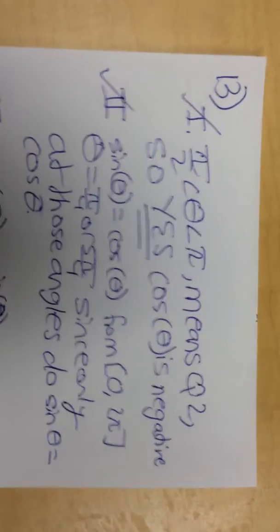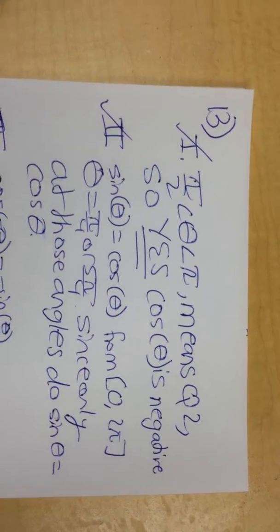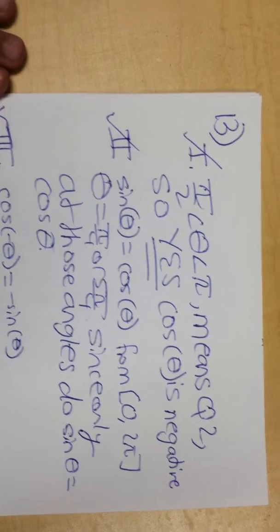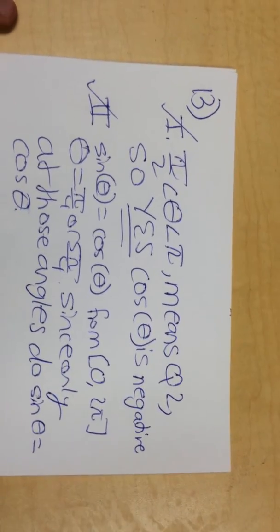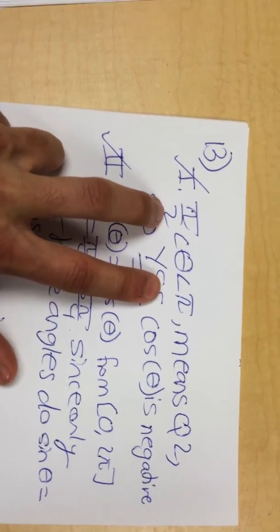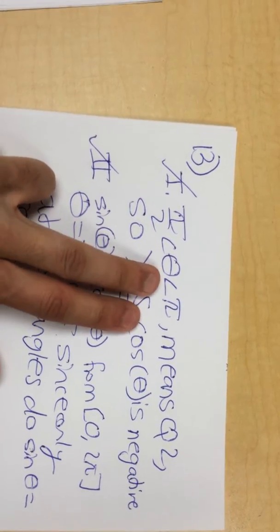Alright guys, wanted to record a video of problem 13. This is one where they give us three statements and ask us which ones are true, so we should evaluate each one. The first one tells us that from pi over 2 less than theta to pi,